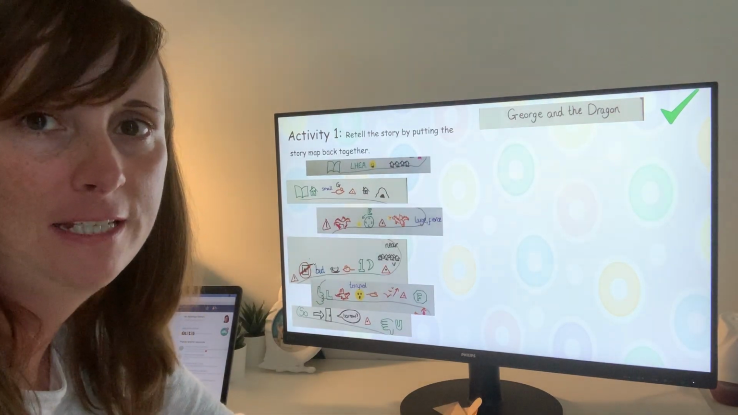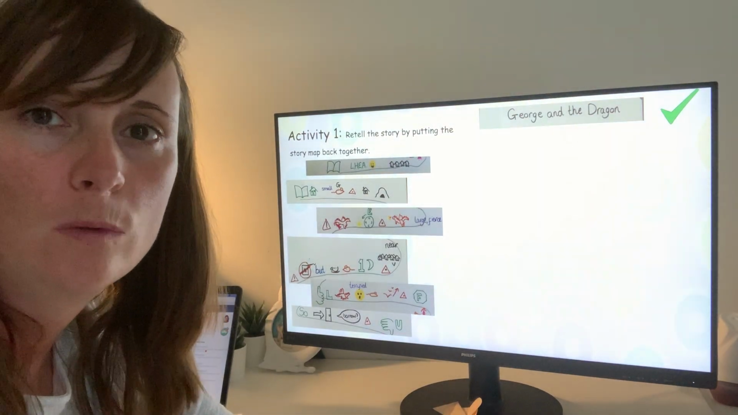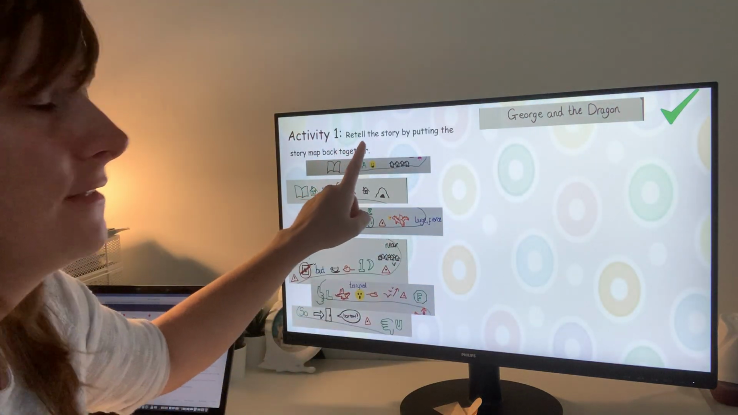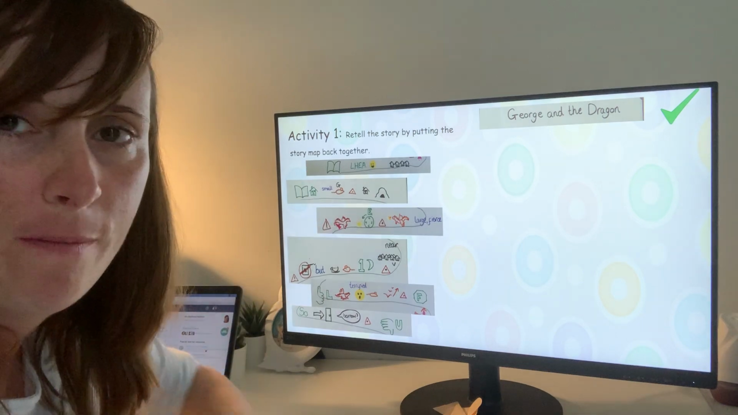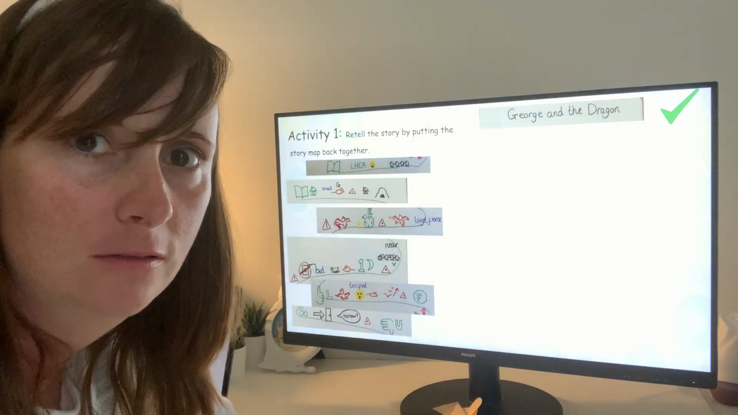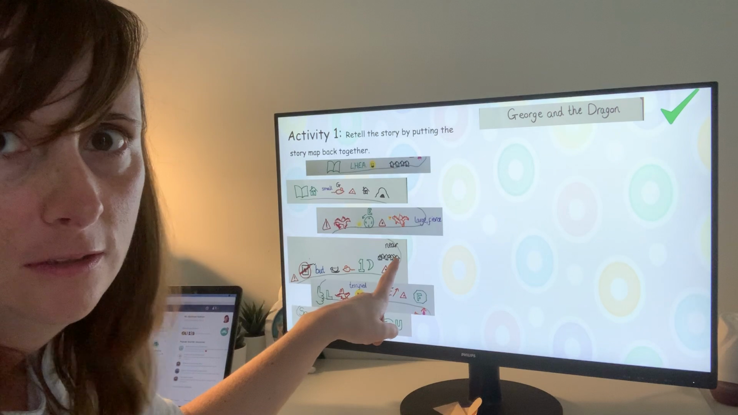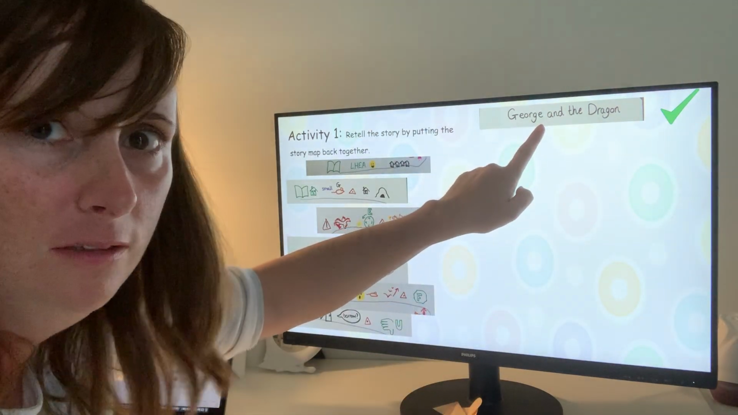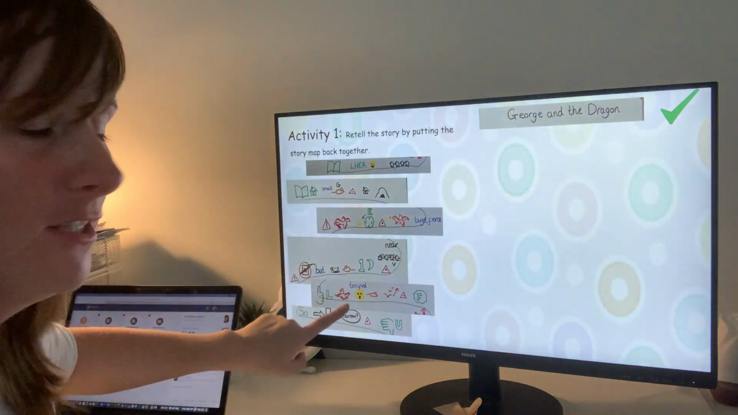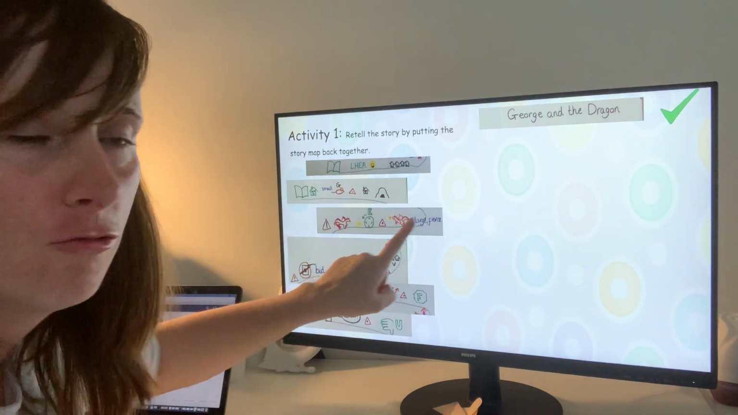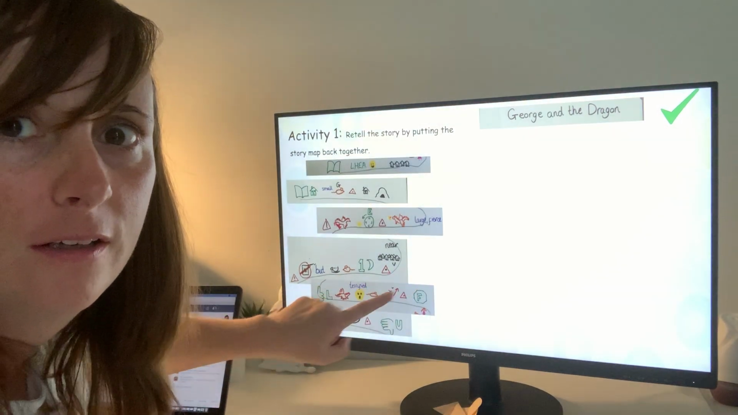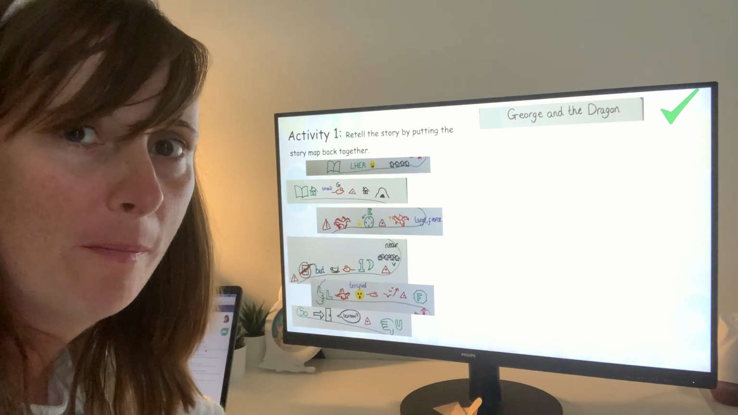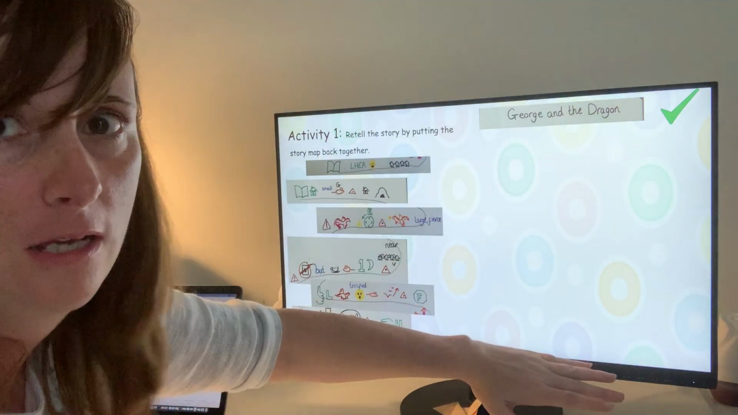Now today your activity, as I said, is going to be to sequence a story. And I've got 2 different ways you could do this. Here it says, retell the story by putting the story map back together. Uh-oh. My story map's been cut up. What a shame, I've got the title here, but it's all in the wrong order. So you need to drag the story map over to think about what bit comes first, what bit comes second. Put the story back in order for me all the way down to the ending,